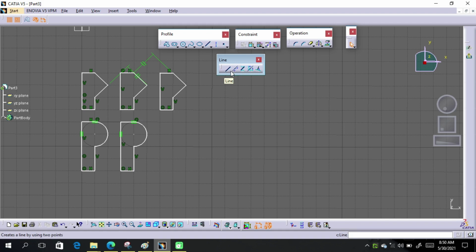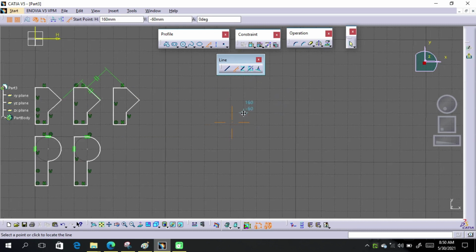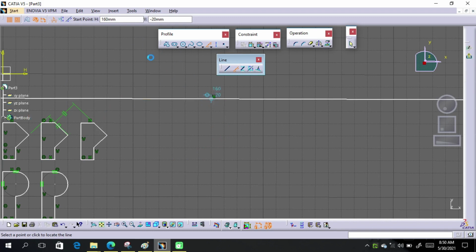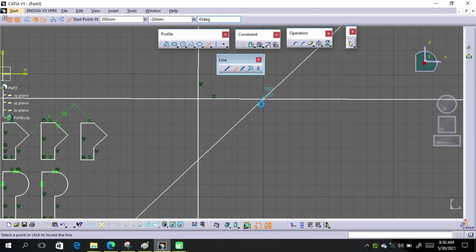So in the line tool we have four extra tools. Let's understand the meaning of these extra tools. First is infinite line. This line tool creates infinite line, horizontal or vertical. So pick this tool by double clicking so that we can create multiple copies. First option is horizontal infinite line. You can create horizontal line, this for vertical line, and next for the angular line. So give a specific angle like 45 and create angular object. To drop this tool, just click on the tool again.